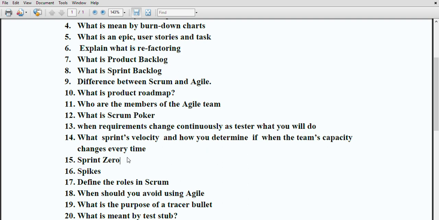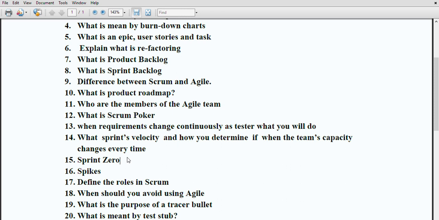Keep in mind, sprint zero is the initial sprint of the team, which occurs before the formal start of the project. As part of sprint zero, the team must have answers to questions like: what will be the duration of the sprint, when is this sprint going to be completed, and what tools are we going to use and how are we going to use them?